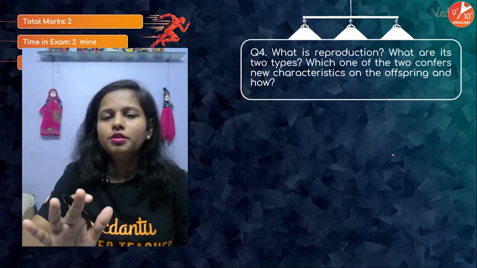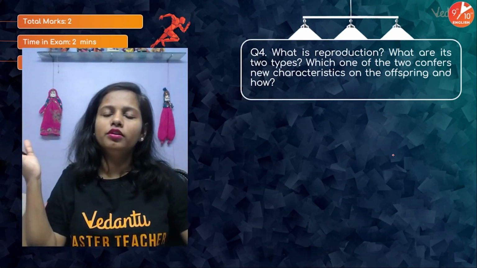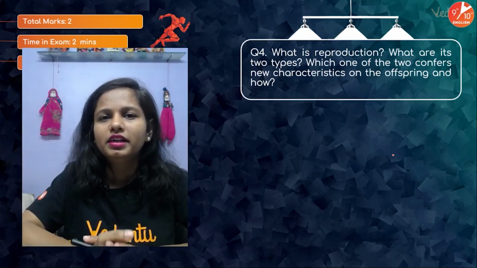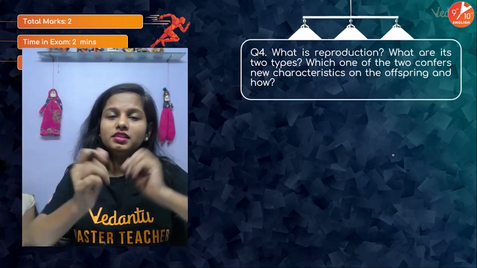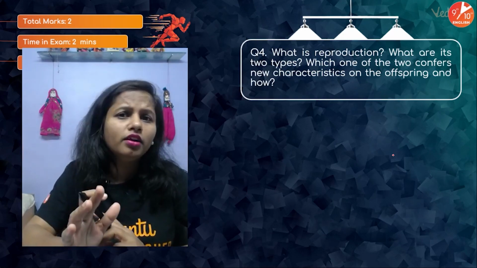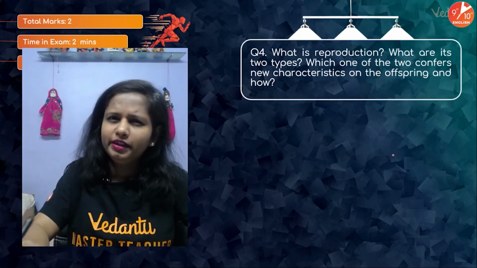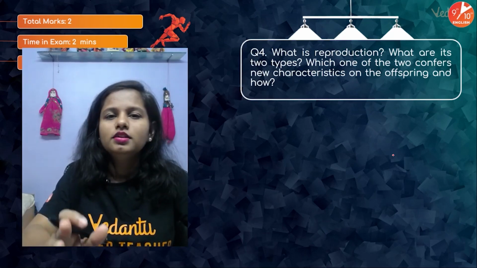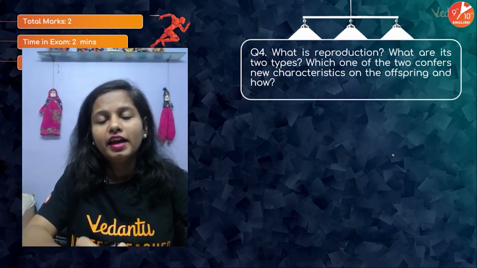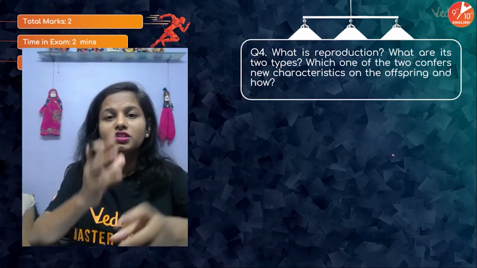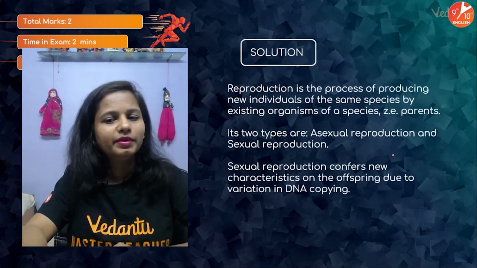Sexual reproduction involves two parents, and each parent contributes 50% of the genetic material of the offspring. And when a copy of this DNA is created, it is not 100% accurate. These inaccuracies lead to variations. So you don't need to elaborate this much. You simply mention sexual reproduction involves two parents. It involves fusion of gametes wherein there is a mixing of genetic material which brings in variations. Okay, as simple as that.